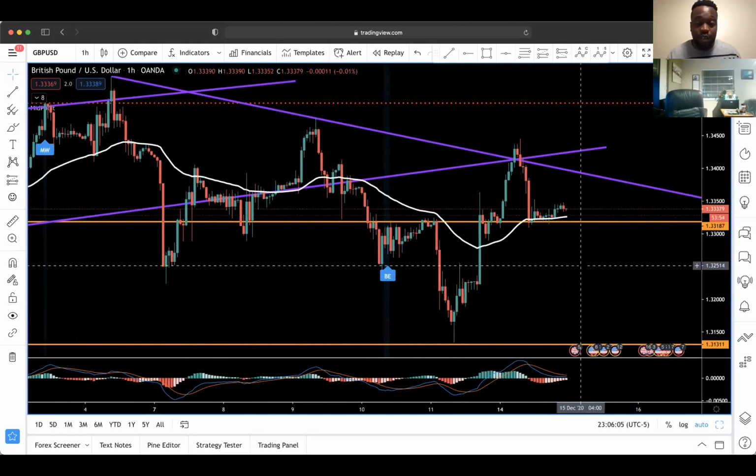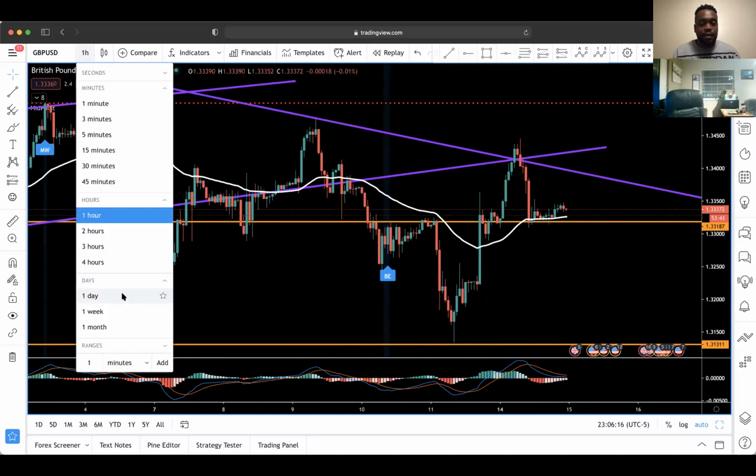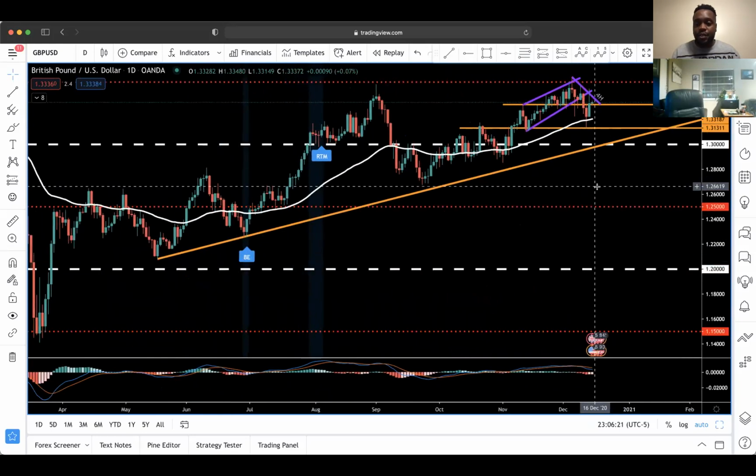The daily has shown us what? That we were potentially looking for a bearish type of move, right? Cool. So what time frame am I going to use? I'm going to use the 1 hour time frame. So since I'm using the 1 hour time frame to go bearish,